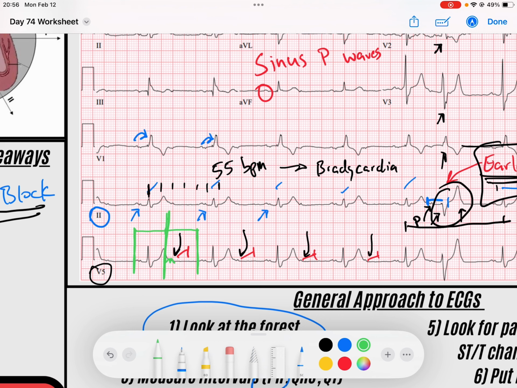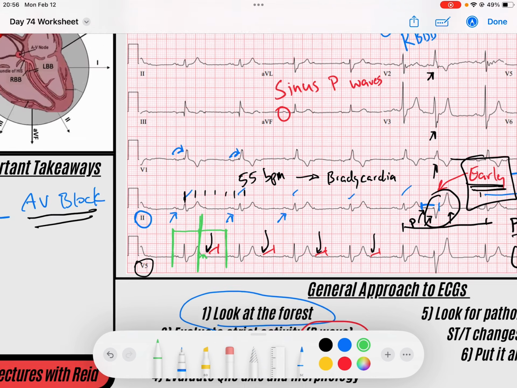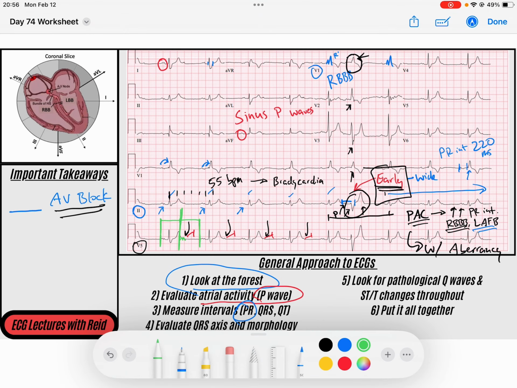And so in this case, we've got these P waves that are conducting and these P waves that aren't conducting. At baseline, this is what's really interesting. This ECG all through here has that pattern. We've got this second degree AV block that has 2-to-1 conduction, meaning for every 2 P waves there's a QRS